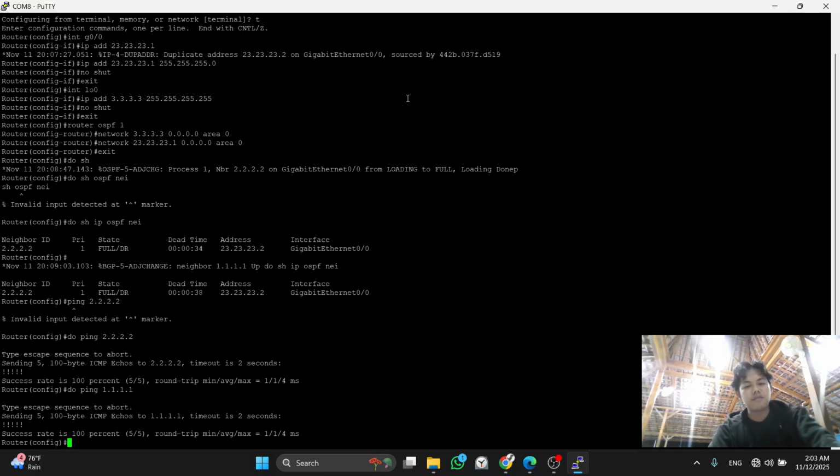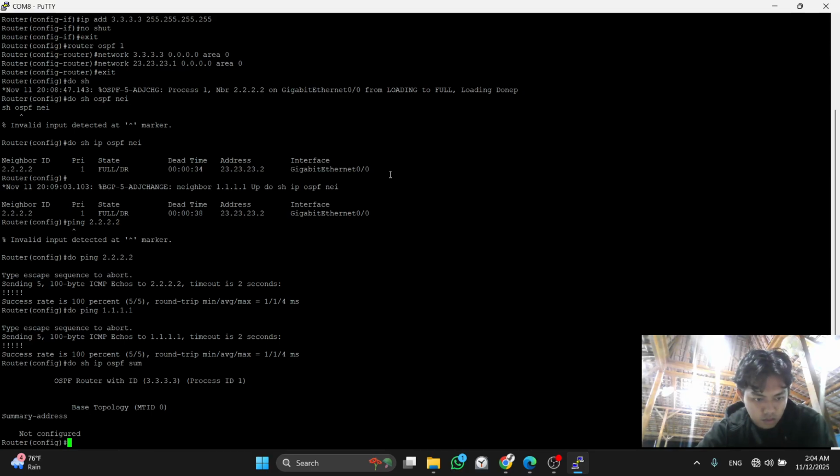Next, we will configure the BGP, and before that we will show the IP OSPF brief.